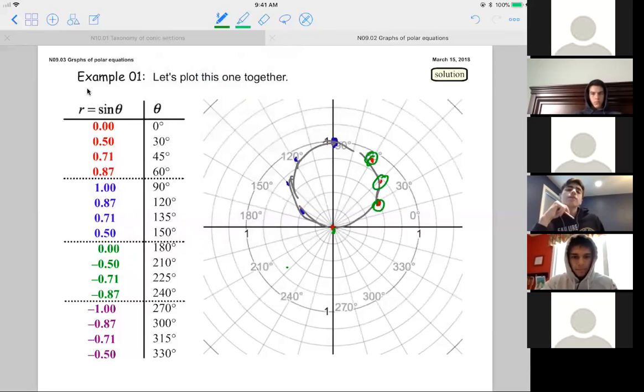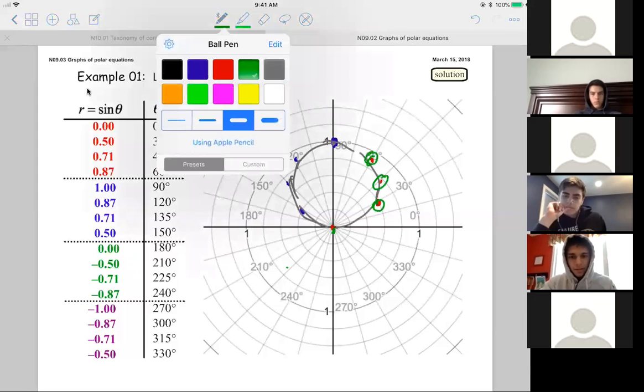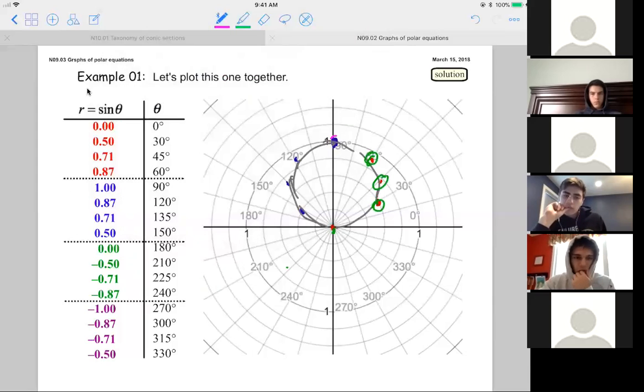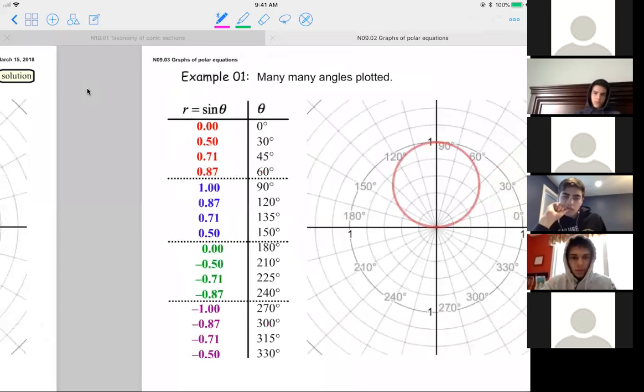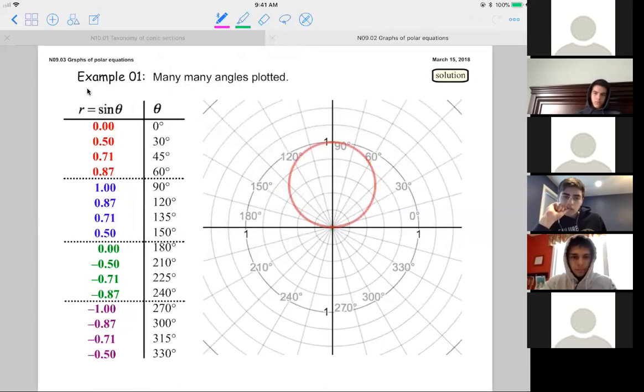And we see that one of the weird features that happens in this kind of graph is that it kind of duplicates. So actually, we only had to go up to 180 to get the entire graph. Sometimes that's obvious, sometimes it's not. It's sort of important to look out for. But the final thing that comes out looks something like that. And if we did all of them, we'd find that it was just a circle, which is kind of uninteresting